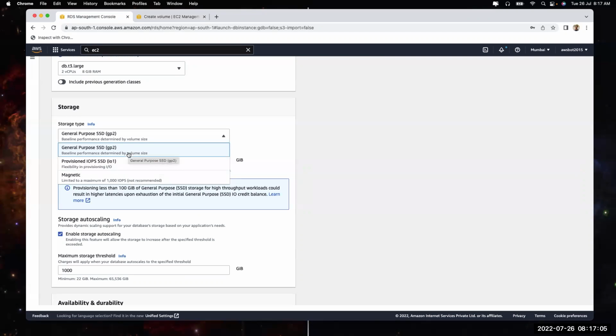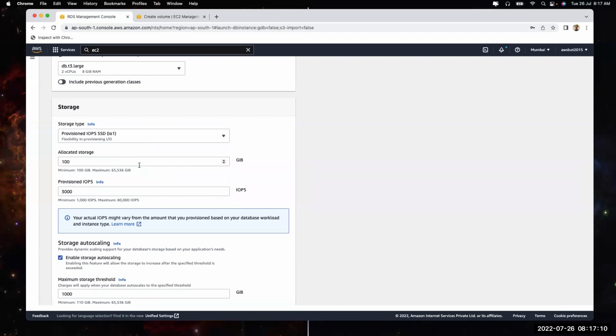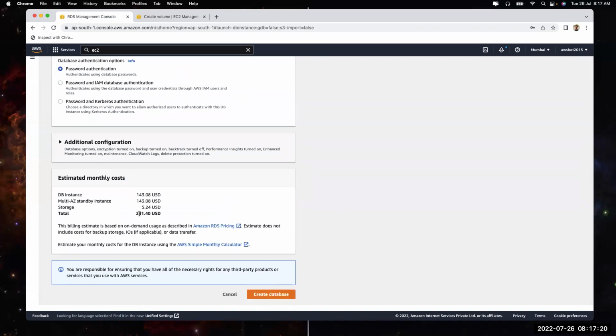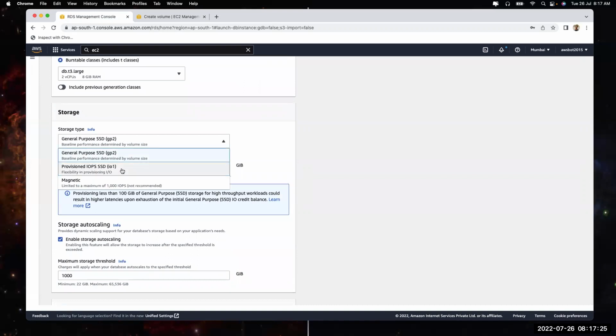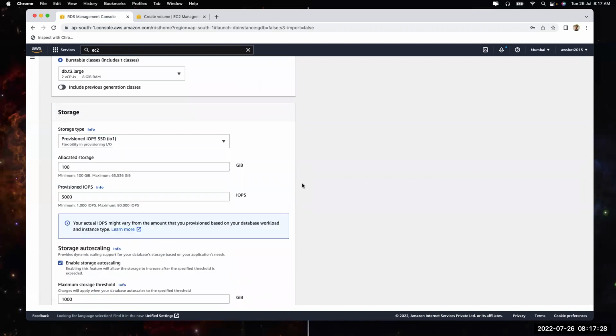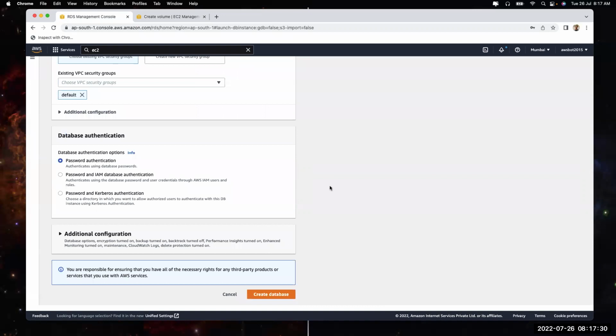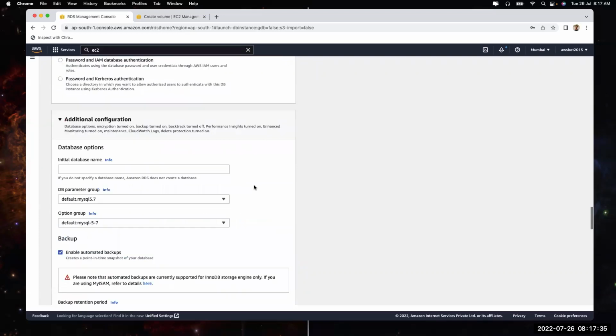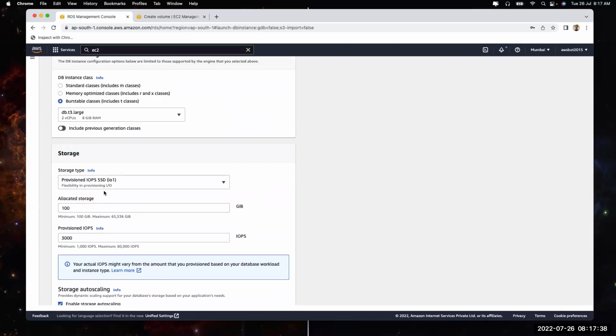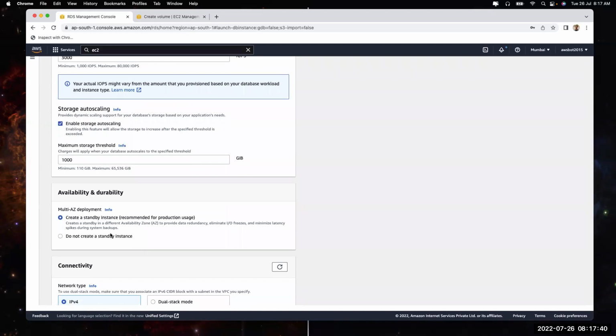If you are looking for average performance, go for general purpose volume. If you are looking for very high end performance, go for provisioned volume. Now, what will be the price difference between them? Have a look yourself. If I go for general purpose volume, my bill is $291. General purpose. If I go for IO1, remember it was 291. If I go for IO1, the bill will come up as, it is not showing me. So the thing is that if you go for this specific volume and the bill is not showing you,